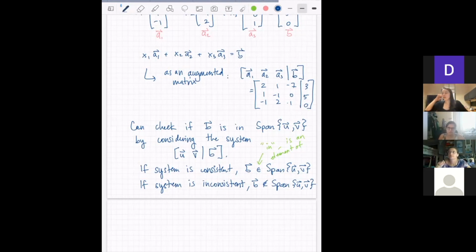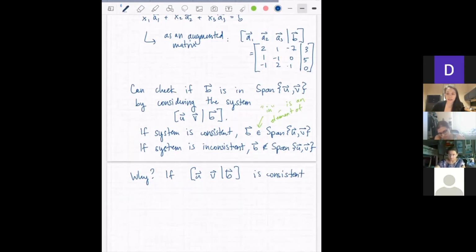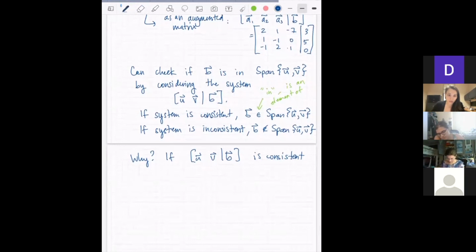Okay. So why would this be the case? Why is it that if this system is consistent, you do have that b is in the span? So let's think about why. Well, if this system u, v, and b is consistent, that means that we have at least one solution, right? So it has a solution,